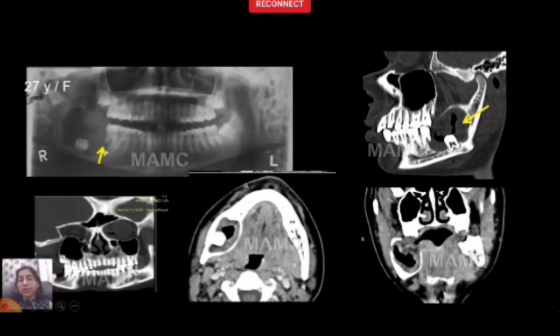So the take-home points here from well-defined radiolucent lesions. When you look at a periapical cyst that's in association with a caries tooth or a non-vital tooth secondary to trauma, you're most likely looking at a radicular cyst. A cyst in relation to the crown of a tooth is a dentigerous cyst. When you see facial cellulitis or odontogenic sinusitis in close proximity to the jaw, as you see here, think of an underlying periapical abscess causing it, and look at your bone windows and evaluate the teeth. If you see a lesion in the midline involving the nasopalatine duct, think of a nasopalatine duct cyst.